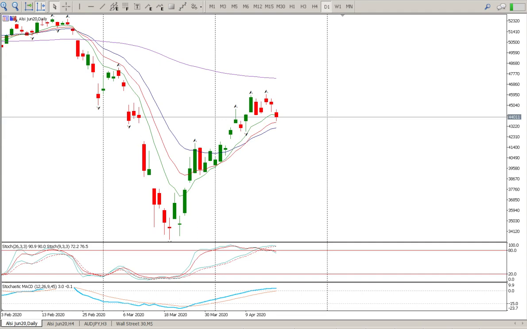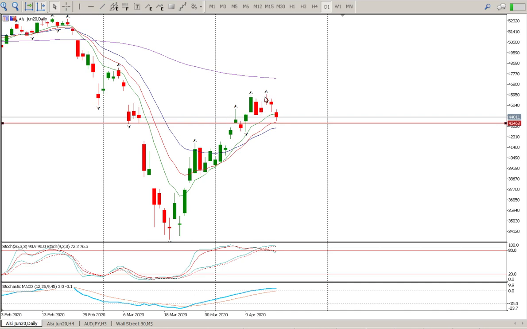So, not much really going on. It was a gap down, and then we had a fairly decent short trade on the go. But for all intents and purposes, this is still an upward trend. Oscillators are crossed over at the moment on the daily, which is indicating more downside. But the fact that buyers are coming in here,